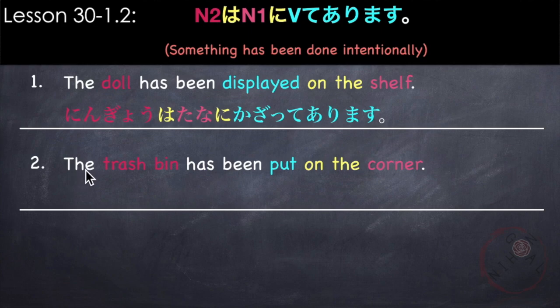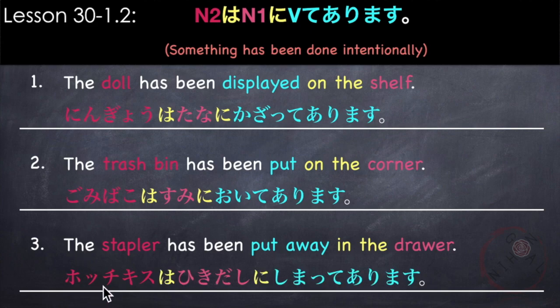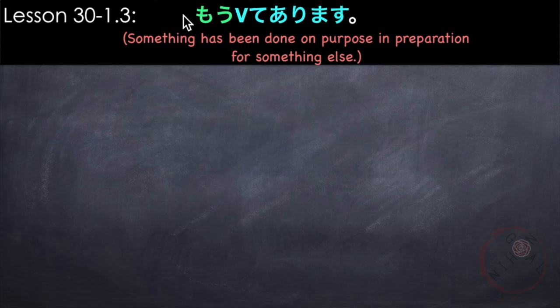Another example, the trash bin has been put on the corner. ゴミ箱は隅に our verb is put or 置きます。So in て form, it becomes 置いて followed by あります。ゴミ箱は隅に置いてあります。And last example, the stapler has been put away in the drawer. ホチキスは引き出しに Our verb is to put away or しまいます which becomes しまってあります。ホチキスは引き出しにしまってあります。